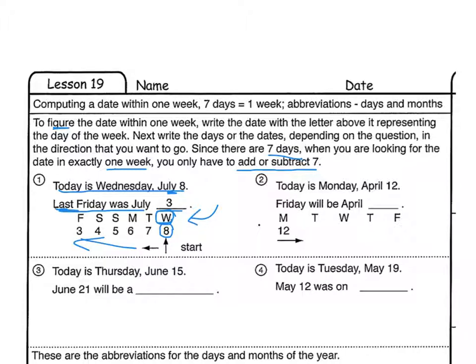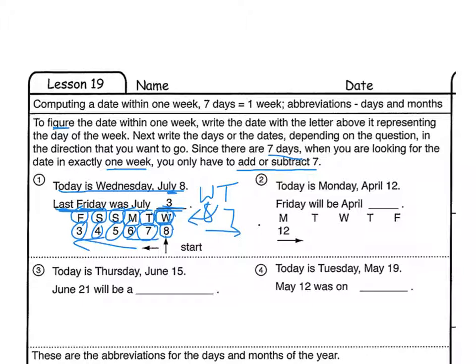You see, if I wrote it like this, Wednesday the 8th, and then I started going this way to Tuesday the 7th, I'm going forwards to go backwards. That makes no sense. So I'm going to start here on the 8th and work my way back in time, back to last Friday. So after I write the W, then I write the T for Tuesday, M for Monday, S for Sunday, S for Saturday, and F for Friday. Once I have those days in place going back to last Friday, now I simply place the dates underneath them. So I write 8, and then 7, and then 6, and then 5, 4, and so Friday is the 3rd,